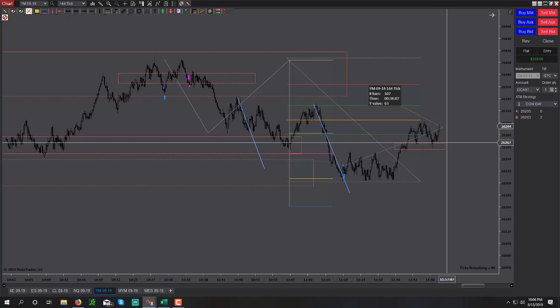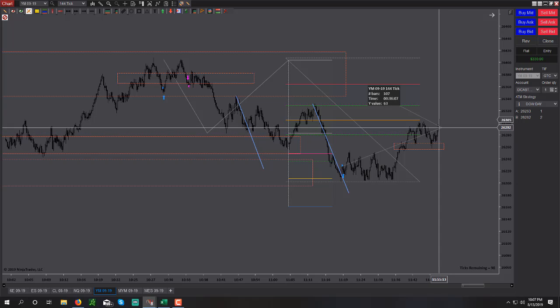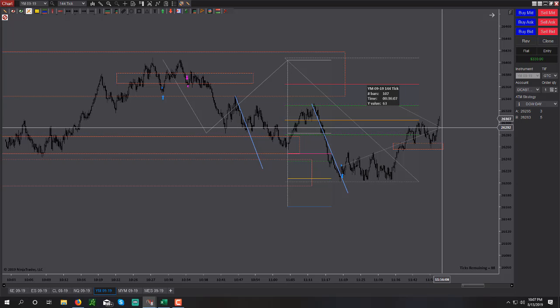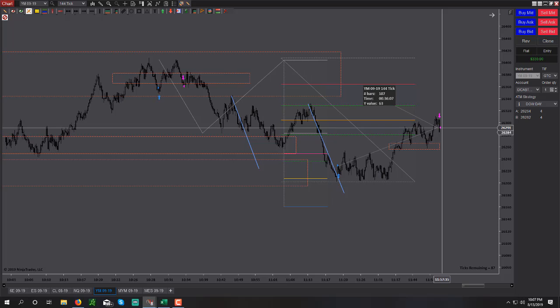Okay, so as price came up to this area here, it was already 11:55. I really had to leave, so I started trailing on the decision candle, and I took my stop and I put it here. Okay, and sure enough, boom, right there I got triggered and I got taken out for 63 points. So another bend of the rule there, but I really had to leave,